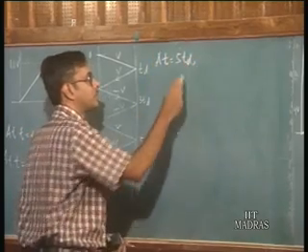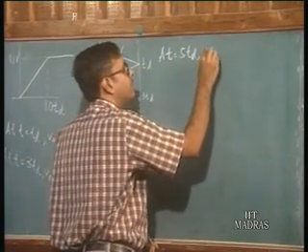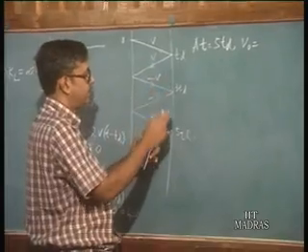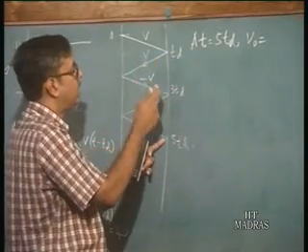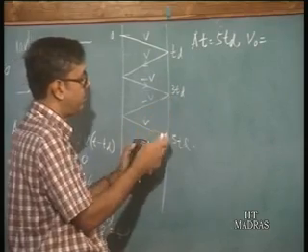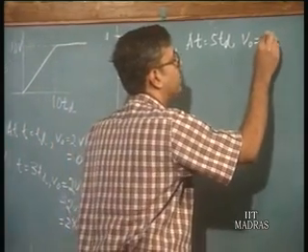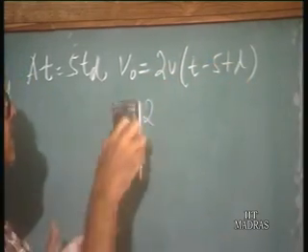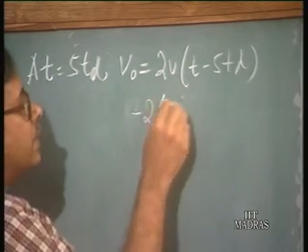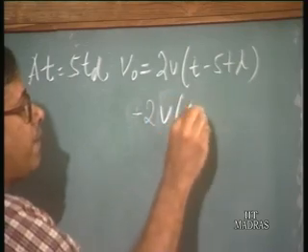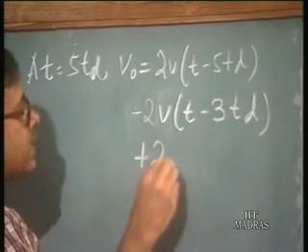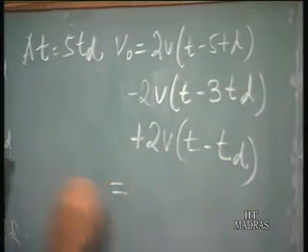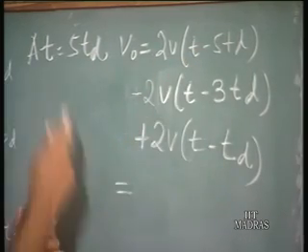okay, what happens is you have again V output will be equal to, if you look at this point, twice the voltage which started off TD before, minus twice the voltage which started off 3 TD before, and twice the voltage which started off 5 TD before. So twice V of T minus 5 TD minus twice V of T minus 3 TD plus twice V of T minus TD. So this is going to be equal to, at T is equal to 5 TD,